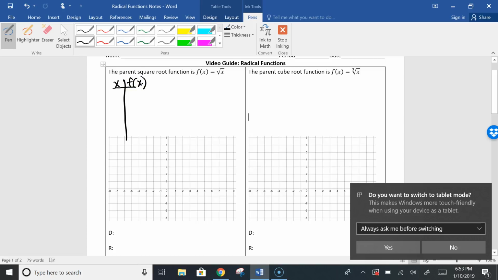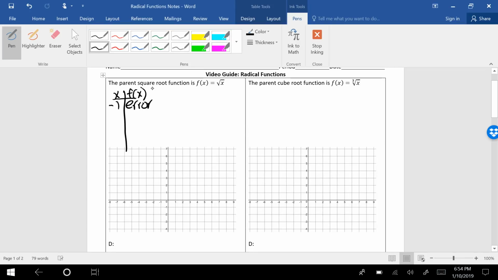So, one thing we know about square roots is that we can't do the square root of negative numbers. So the square root of negative 1, that's i, which we can't graph. So this gives us an error, right? So then the few values we could easily graph the square root of are 0, because the square root of